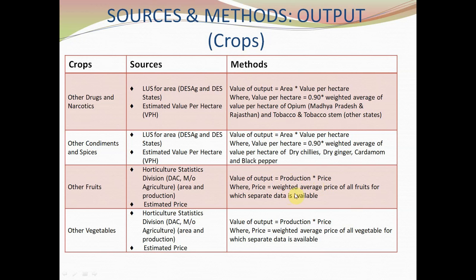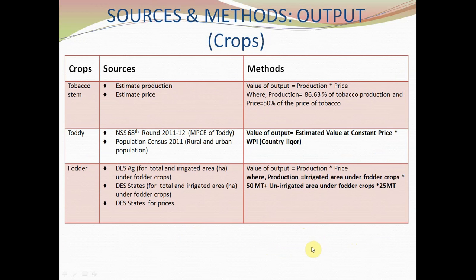Price is estimated by taking the weighted average price of all fruits for which separate data is available. In the case of other vegetables, for area and production data, we are dependent on the Horticulture Statistics Division (DAC), and the estimated price is taken, which is calculated by using the weighted average price of all vegetables for which separate data is available. For